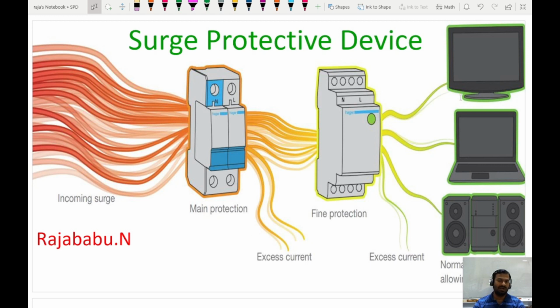The surges are a very much unavoidable incident in an electrical power system. This could be caused by external or internal causes. So let us understand what a surge is, how it is created, how it impacts the electrical power system, and how to protect the loads from these surges in this video series. Let us begin with